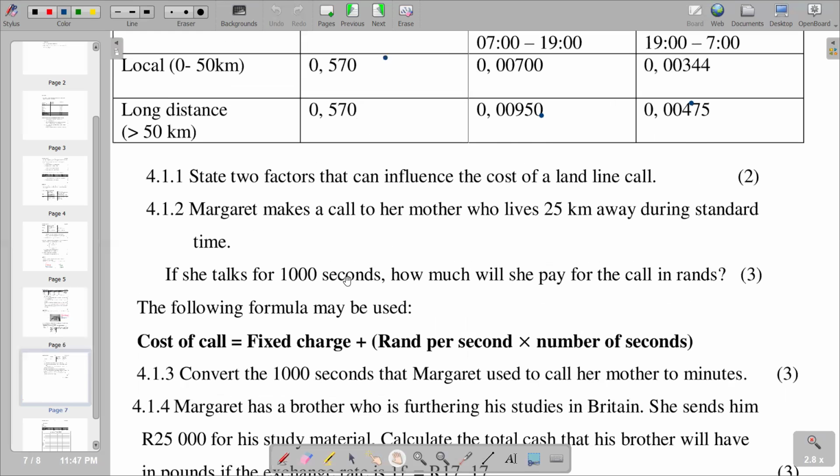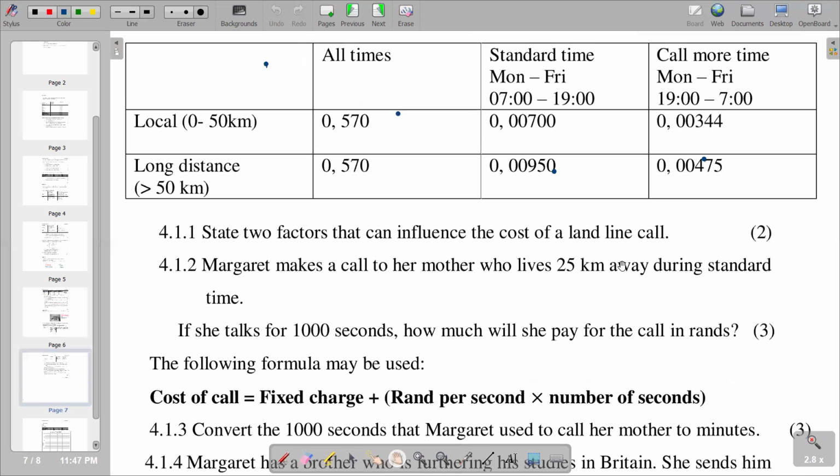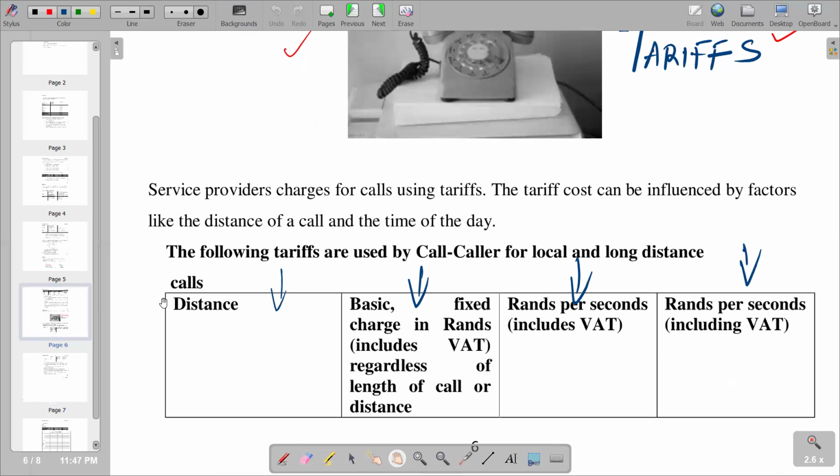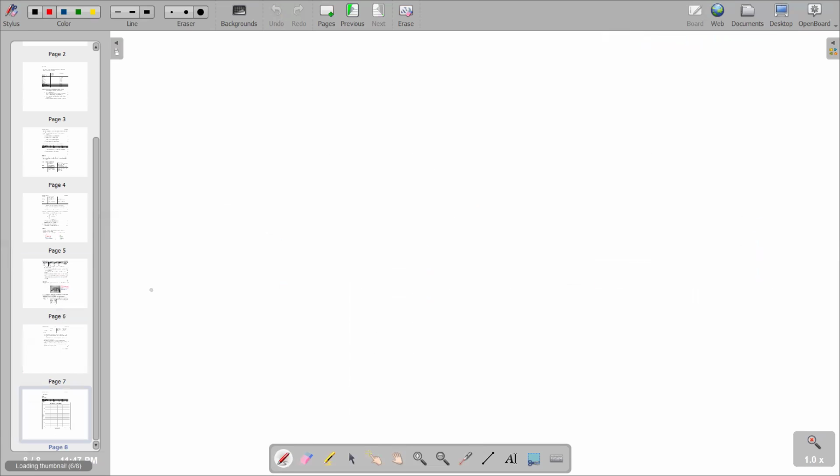state two factors that can influence the cost of a landline call. We are given the factors here, where we are saying the tariff cost can be influenced by factors like the distance of a call and the time of the day. The time that we are calling determines the cost at that time. So we have that. In our answer section, we state the first response on 4.1,